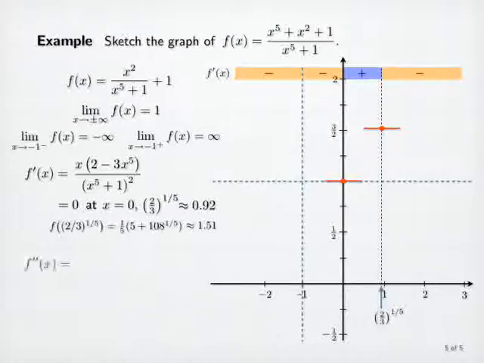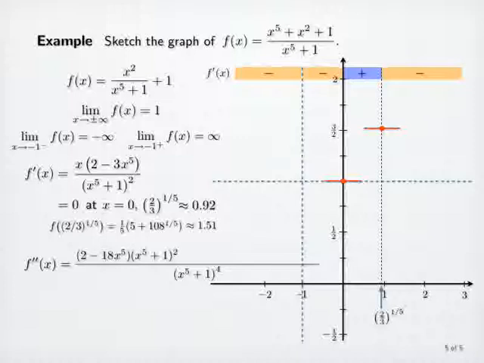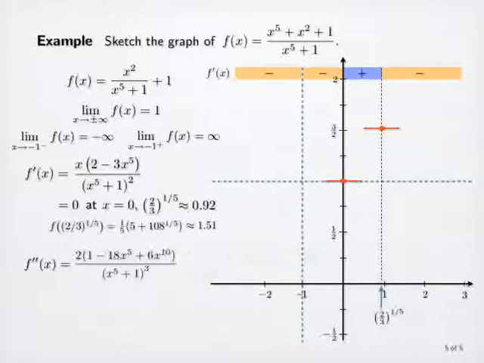Now let's compute the second derivative. Again, using the quotient rule, we have a denominator of x to the fifth plus 1 to the fourth power, and the numerator will be the derivative of 2x minus 3x to the sixth, which is 2 minus 18x to the fifth, times the denominator x to the fifth plus 1 squared, minus the numerator 2x minus 3x to the sixth, times the derivative of the denominator, which by the chain rule is 2 times x to the fifth plus 1 times 5x to the fourth. Now to simplify, we'll first cancel factors, then expand the products in the numerator,